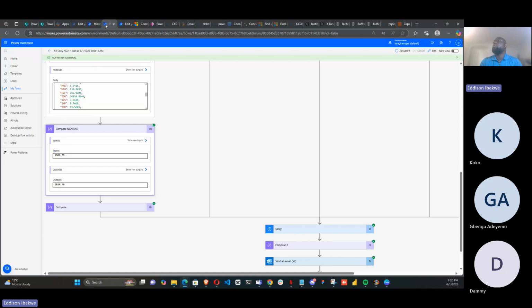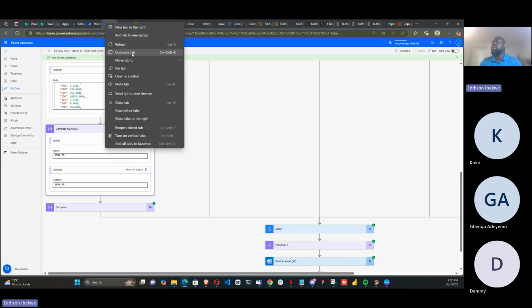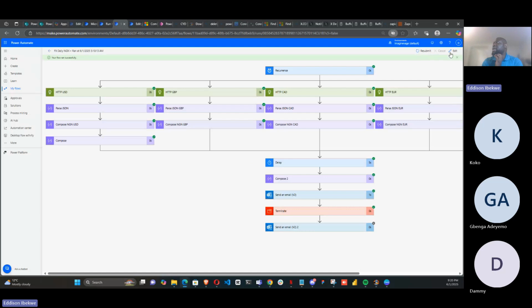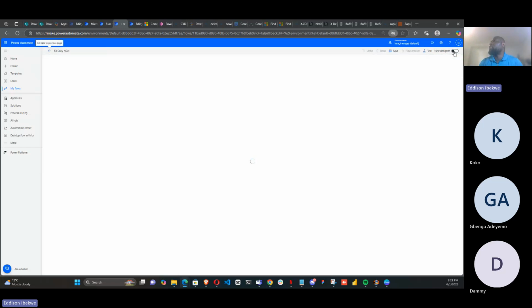Now, if you want to see what I did there, let me duplicate this tab and put one in edit mode so that we can see what I did. I'm sorry that I'm going at this high level, but I want to show you an example of what Power Automate can do. So I'm using Power Automate independent of Power Apps, because in this case, I just don't need Power Apps. I just need information from the web, and I need to use it for something else, and that's basically what I'm using it for. And if I put this in edit,